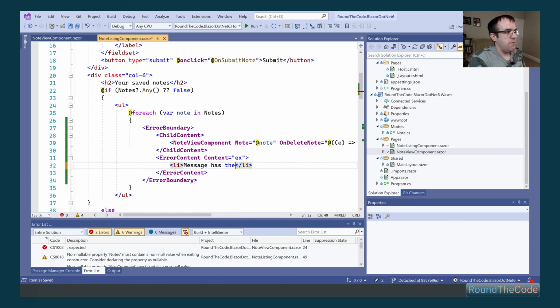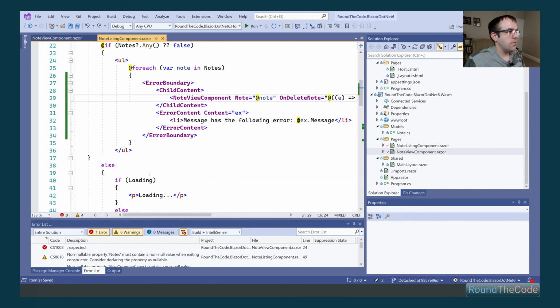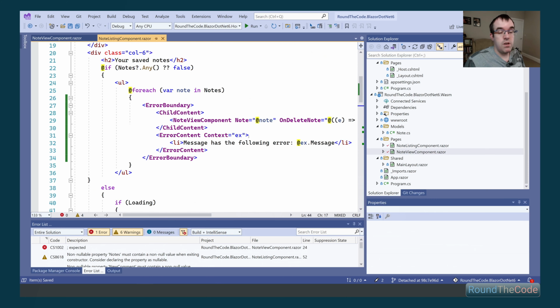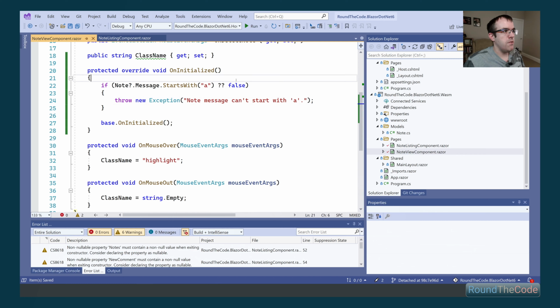So the message says the following error, and we're just going to pass in the message from the exception. Right, let's give that a go in our application and see whether we can show this actual custom error message. Just one thing I need to do is fix up the semicolon syntax error there, which I forgot to add. Let's give that another run and see if it's going to work for us.